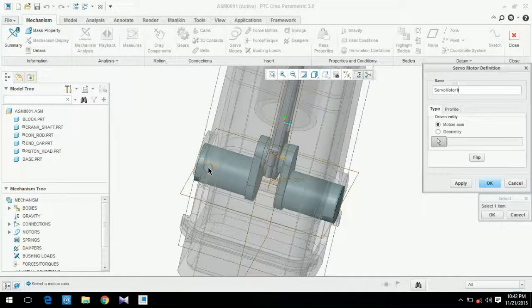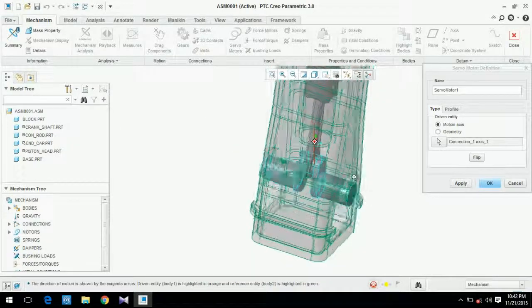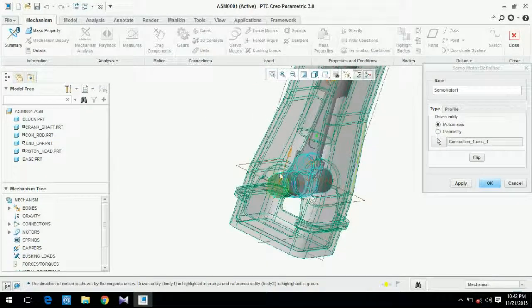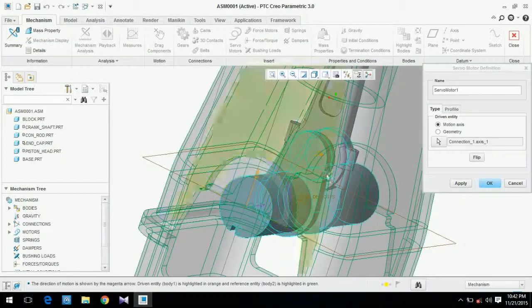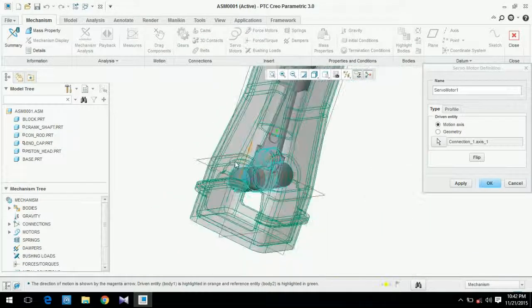Here you will see two colors, one is sky color and second is green. Green color shows a rigid body and sky color shows a body which will move due to this motion. And if you see any red sign, red framework, that means that part is going to stop your rotation. That means it is conflicting with your rotational part. Green framework shows rigid, sky shows a movable part, and if it is red, then that is conflicting with your rotation or motion.